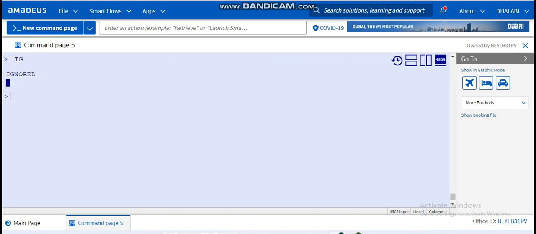This is for the destination and the nearest airport. Now, if I want a code of an airline, let's say I'm traveling with Air France and I don't